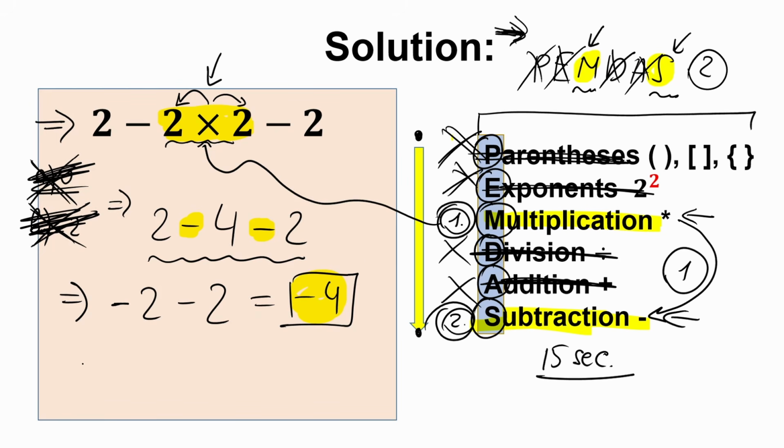When you have a mixture of addition, subtraction, multiplication, and division, I said it before, but I want to explain it once more. The first thing you want to do is multiplication and division, and second, addition and subtraction. I really hope you understand this extremely important issue. So when you have a mixture of addition, subtraction, multiplication and division, first multiplication and division, and second addition